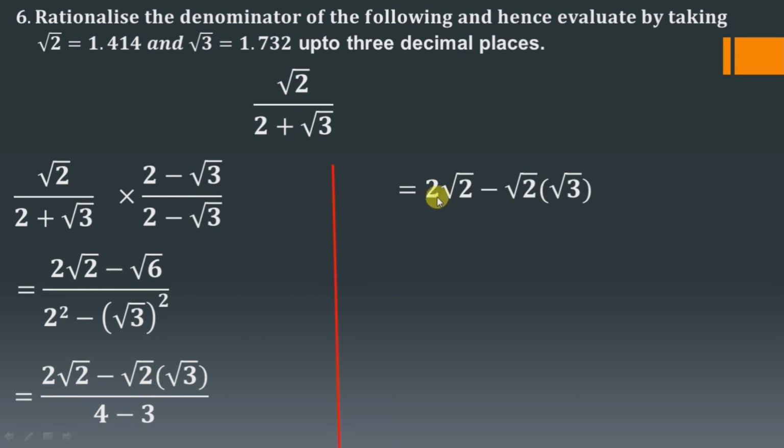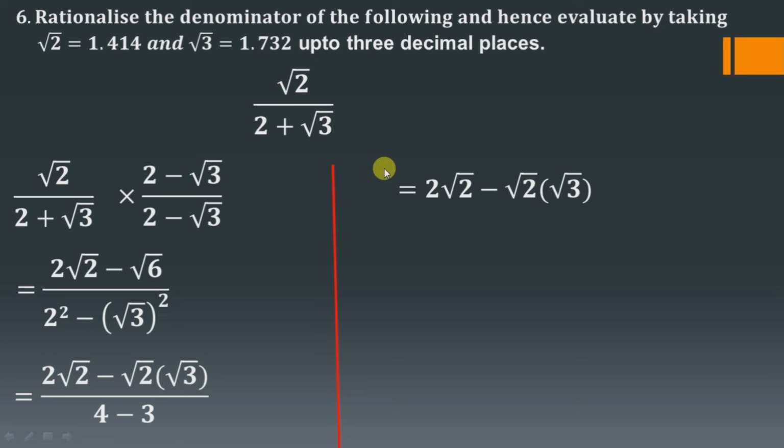So I'll get 2 square root of 2 minus square root of 2 into square root of 3. 4 minus 3 is 1. No need to write. So my first answer is over. Rationalize the denominators. So after rationalizing the denominators, I'll get 2 root 2 minus root 2 root 3. Now let's do the second one: evaluate by taking root 2 as 1.414 and root 3